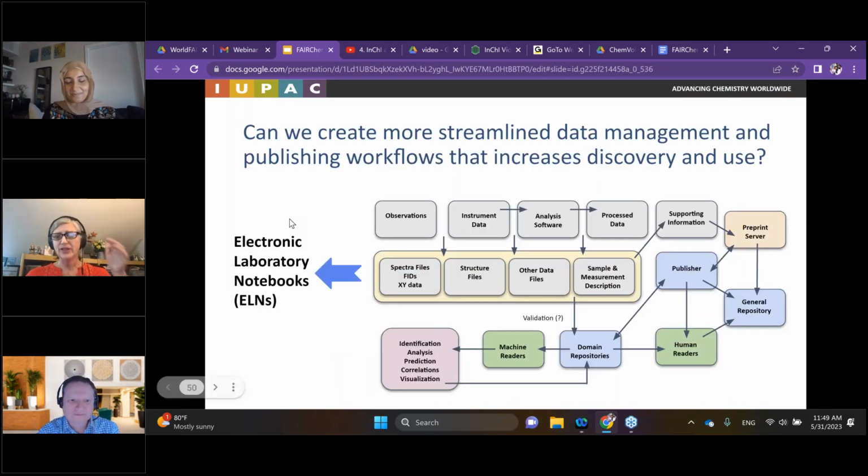So getting back to our original workflow, where I was talking with my chemists about their workflow to publish their spectra data, where they had all of these different activities that they were doing to collect it from the instruments and the analysis and the process and the supporting information. Imagine as you're going through all of that, everything's being automatically captured into a nice package